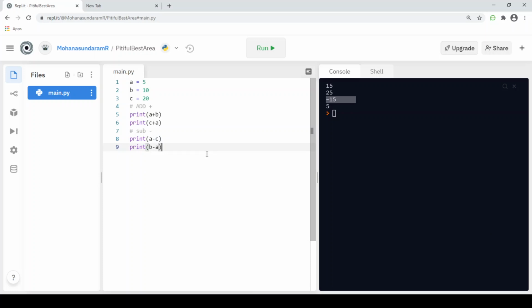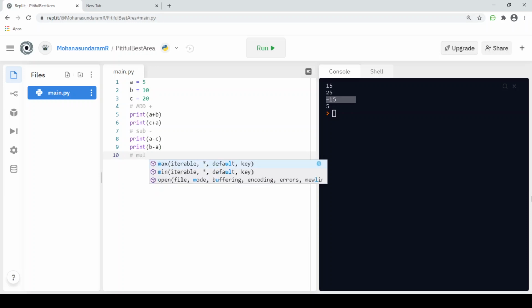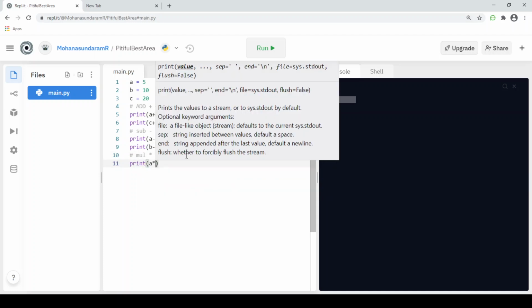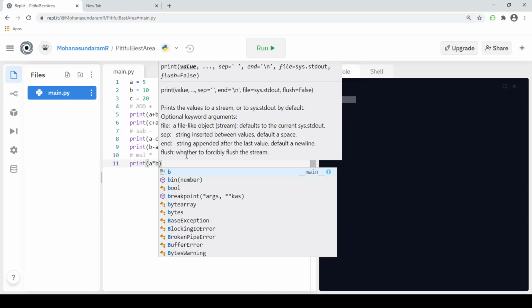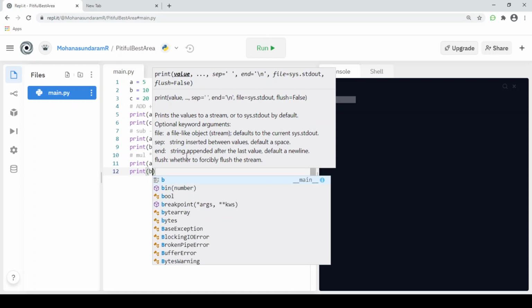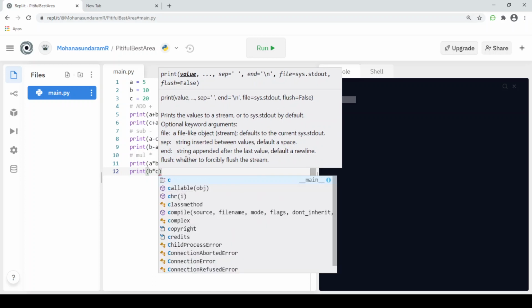The next subset of the arithmetic operator is multiplication. Multiplication is denoted using the star symbol. This symbol is used for multiplication in Python. Print a star b and print b star c.